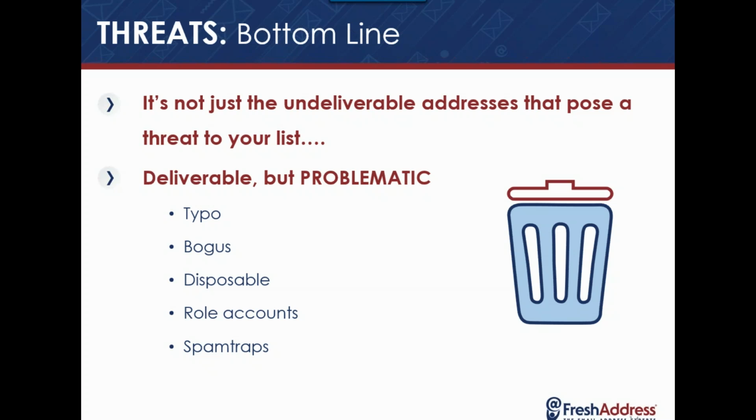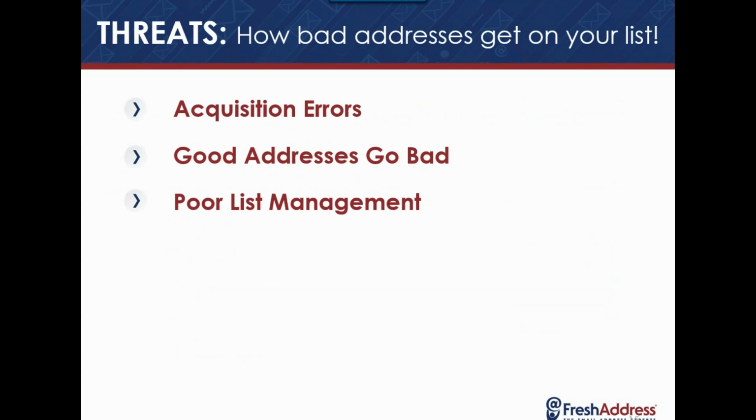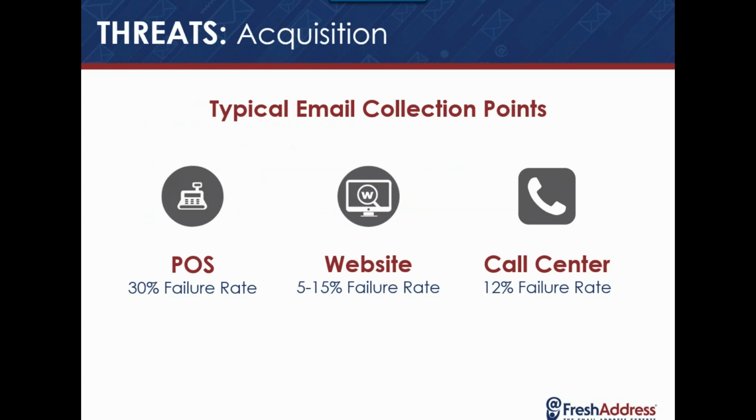So that really comes down to, how did these bad addresses get on your list? It was either through acquisitions, good addresses going bad, or poor list management. So let's look at the first category, acquisition. There are point of sale systems, websites, call centers. I think everyone has heard of these. And these are very popular methods for email addresses to get into your email list. But depending on what they're using, if they're out of date, the design itself, you could be getting bad